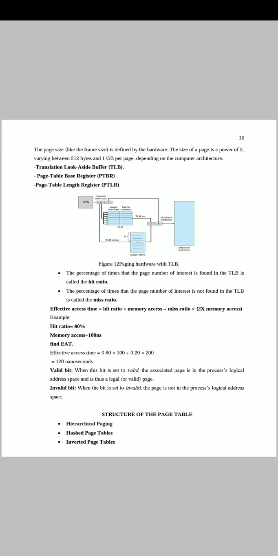Suppose I don't have the page number in our TLB, then it goes to the page table as usual, as in the previous diagram. It identifies the page number in the page table and it has the corresponding frame number. If I get the page entry in this page table, then I map that frame number with the displacement, and I'll get the physical address.